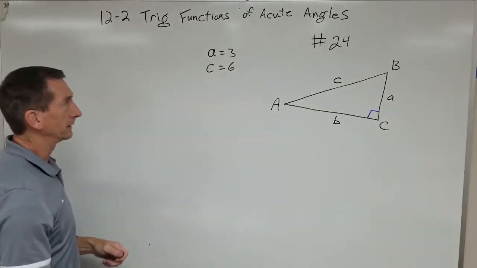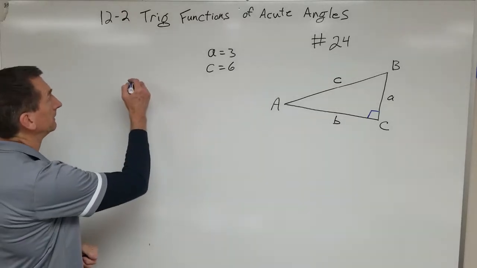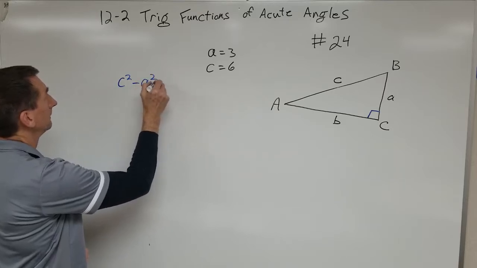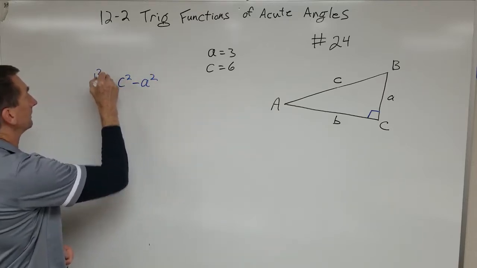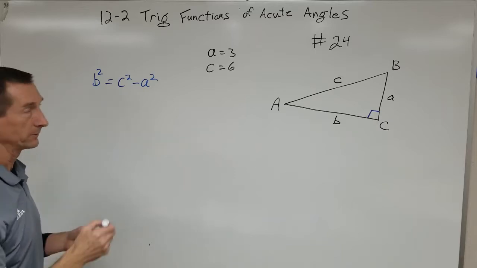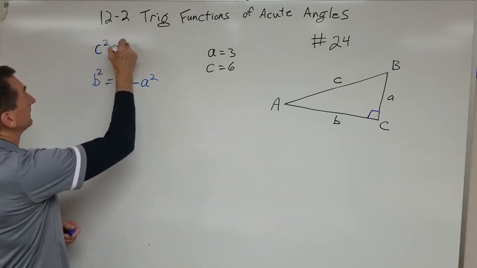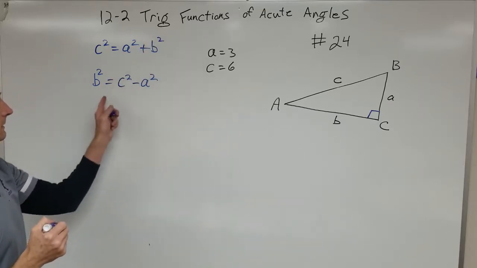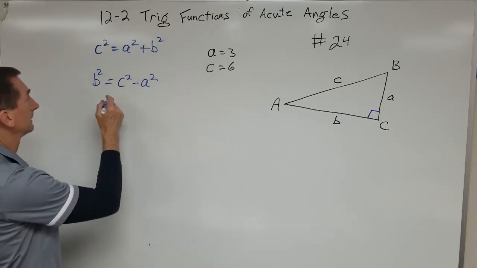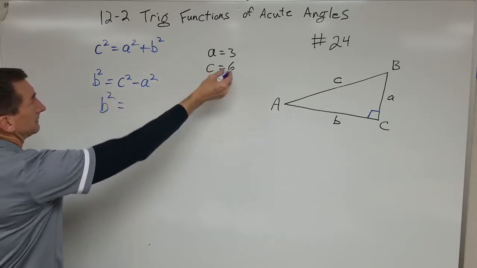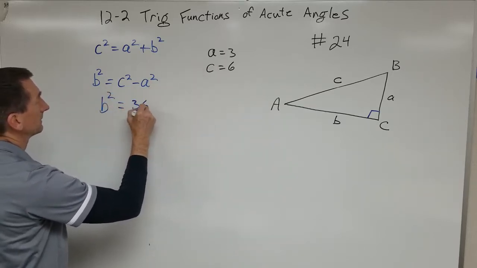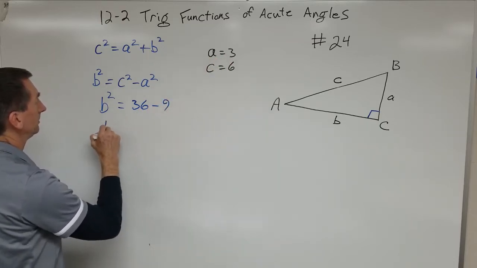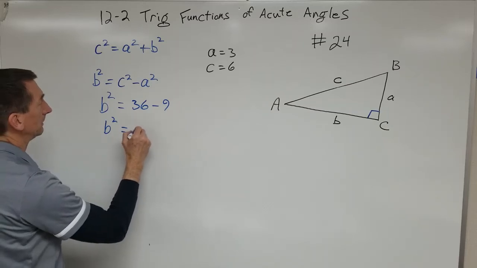Side length B we can find using the Pythagorean theorem. So I know that c squared minus a squared is equal to b squared. Okay, from our friend Pythagoras. I'll write it this way just in case you need to see that. Solving for b squared gives us this. All right, so let's take a look at this. B squared is equal to 6 squared, which is 36, minus a squared, which is 9. Okay, so b squared is equal to